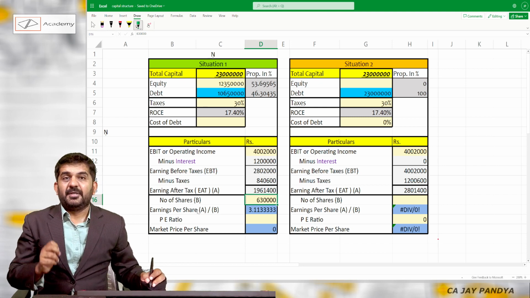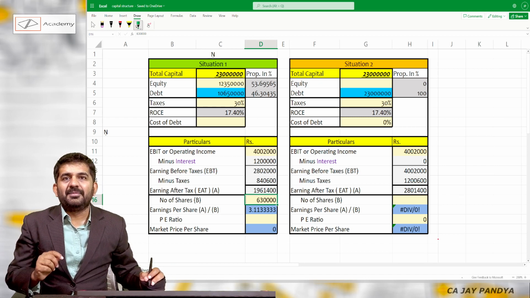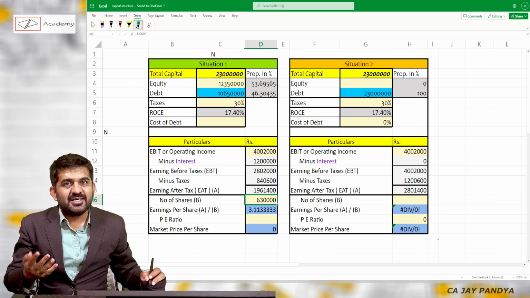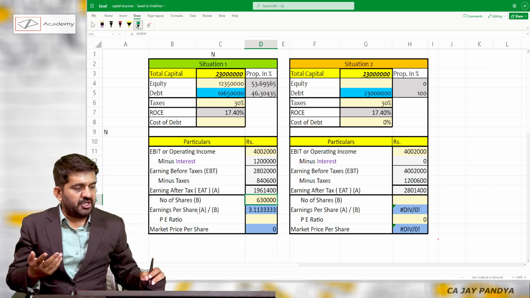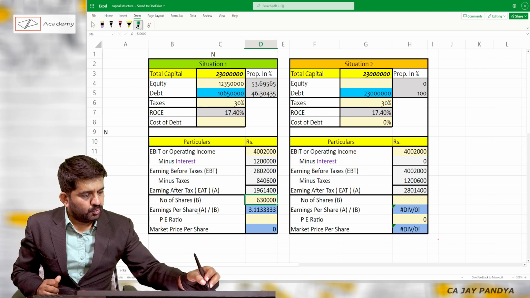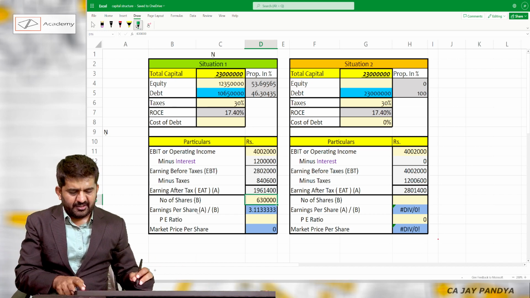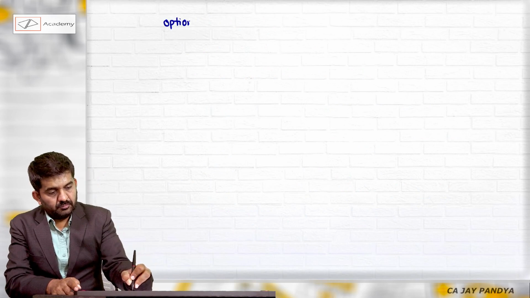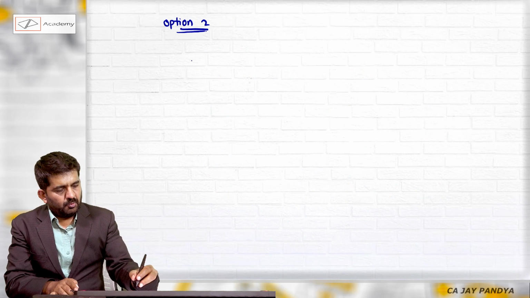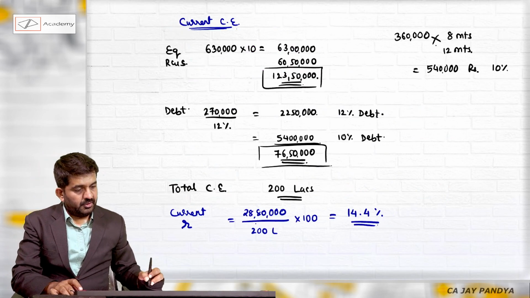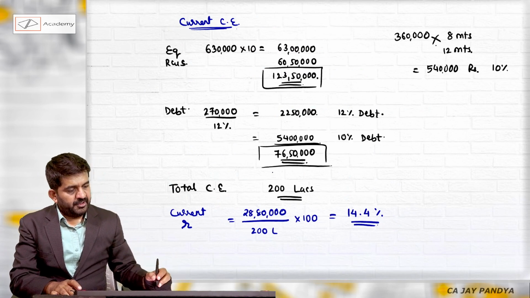So I am getting EPS. What will be scenario of my PE ratio? I'll be doing last. Let me first do situation number 2. In situation number 2, my total capital employed is 2 crore 30 lakhs. But now we are issuing some equity. What is current scenario? Equity of 1 crore 23 lakh 50,000